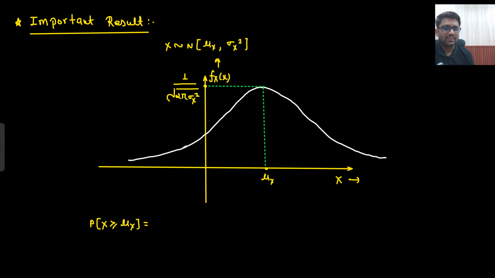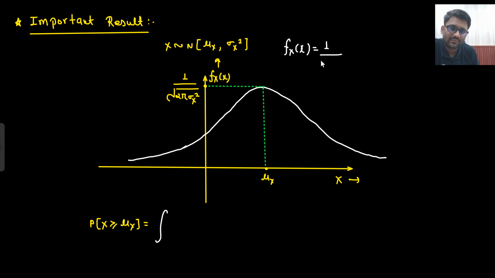Now there is some important result. Now x is your Gaussian random variable having mean of mu x and variance of sigma x square. Probability of random variable x taking value greater than mu x. That means what you will be doing, basically what is your fx of x? fx of x is